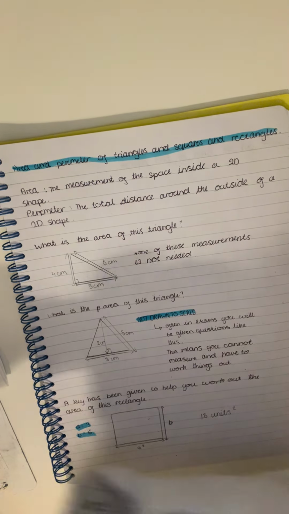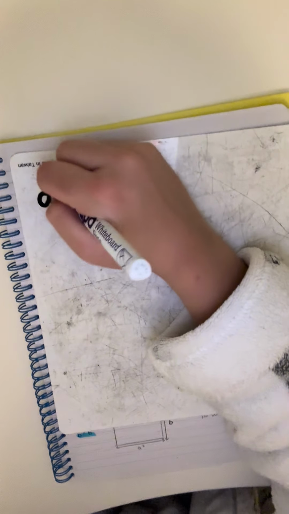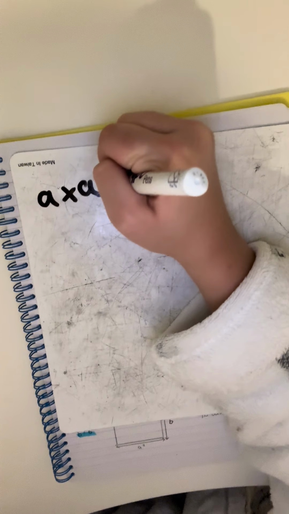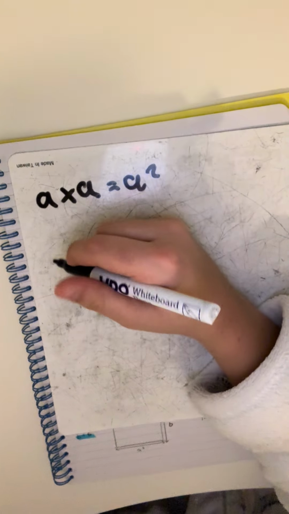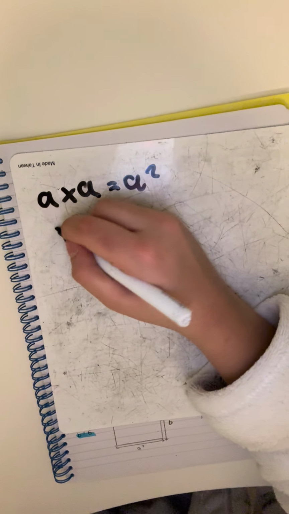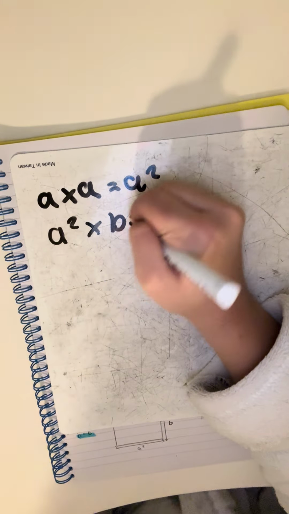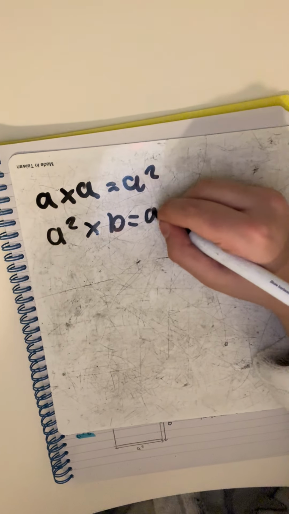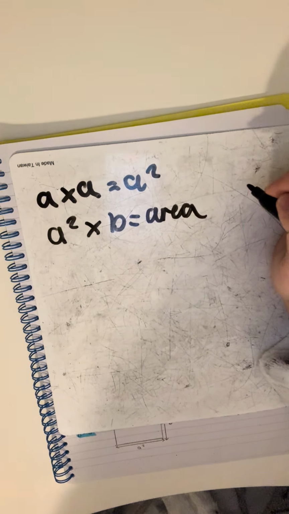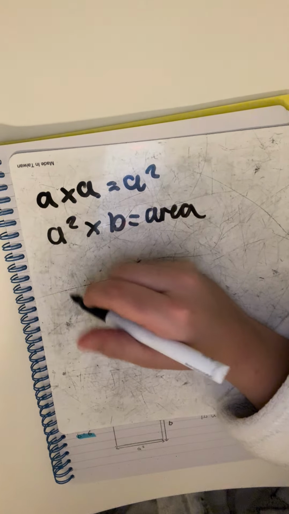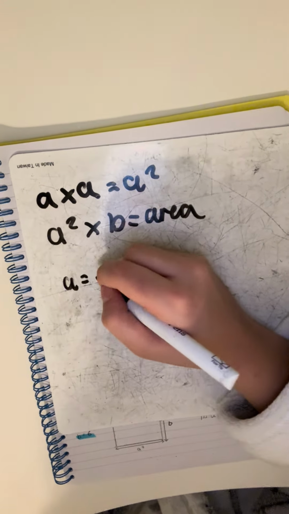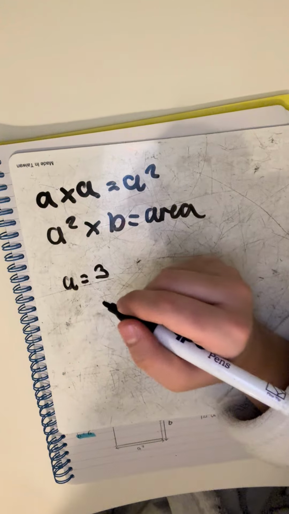So, essentially, what this is wanting us to do, it's wanting us to find a times a to be a squared, and it wants us to then multiply a squared by b to then get the area, and it's given us that a is 3